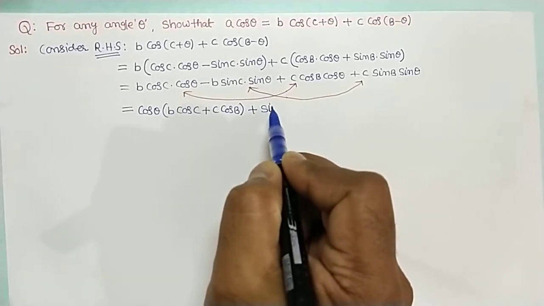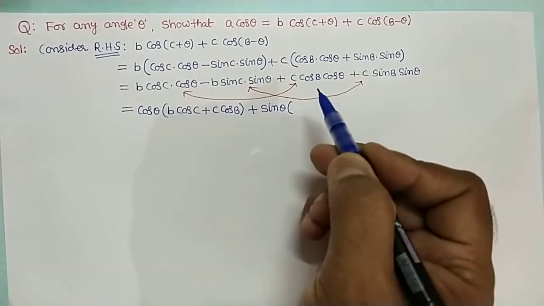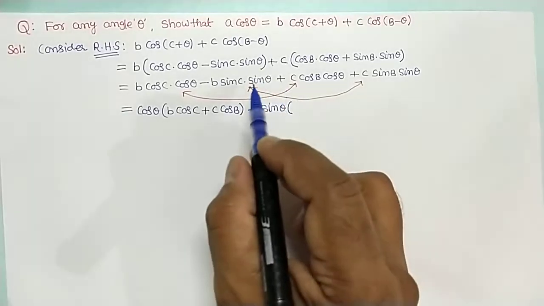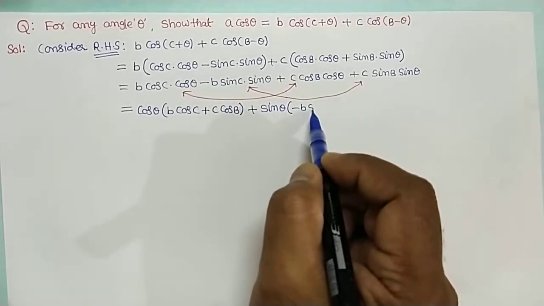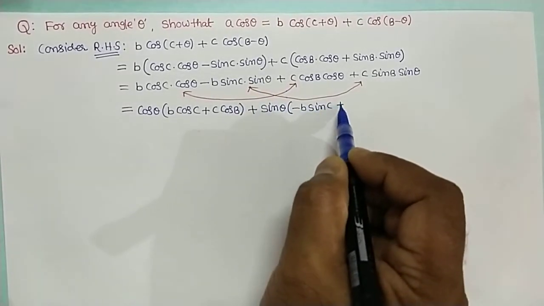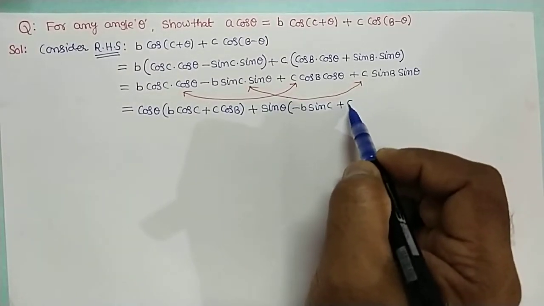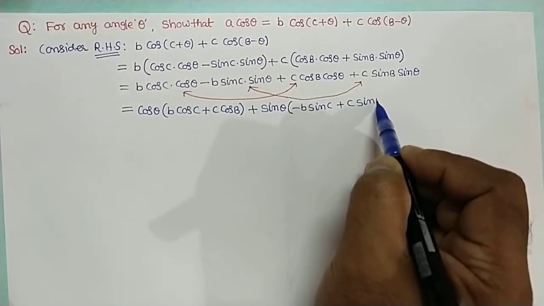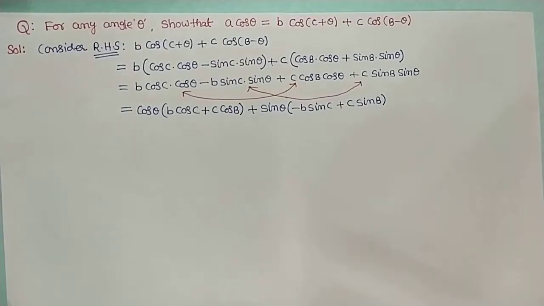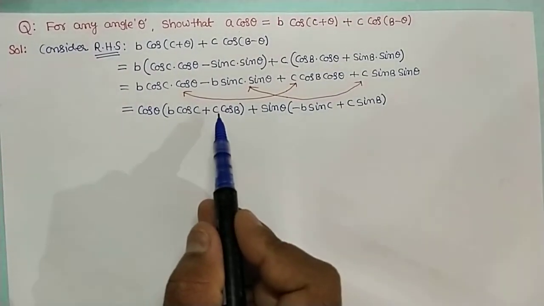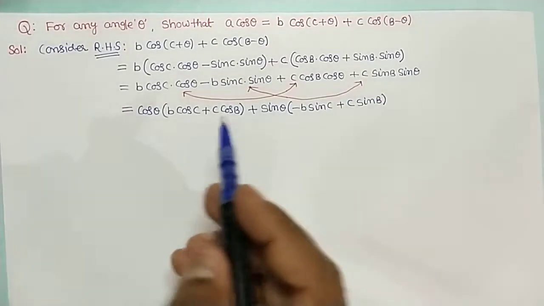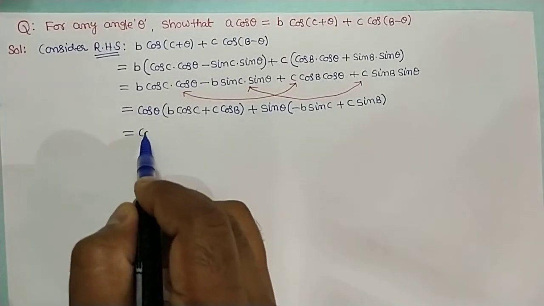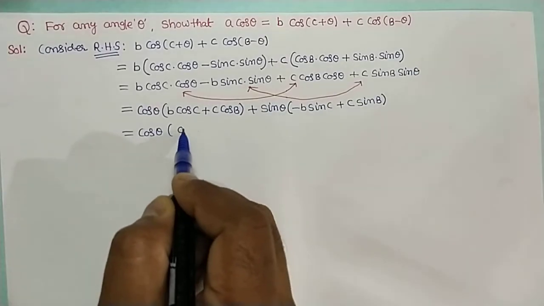So sin theta, if you take out common, the remaining terms are minus b sin C plus c sin B. So from the projection rule, b cos C plus c cos B will become small a. So cos theta into small a, this value,